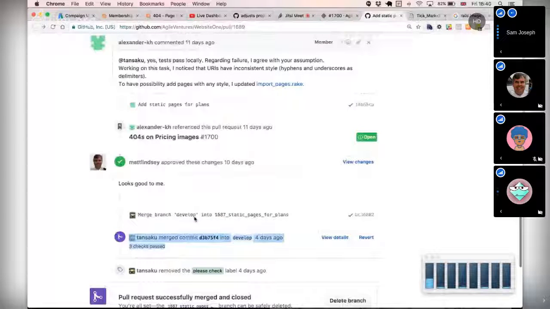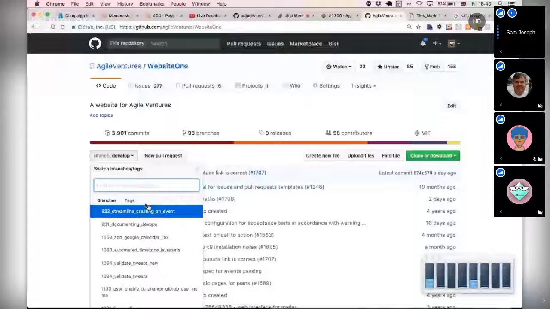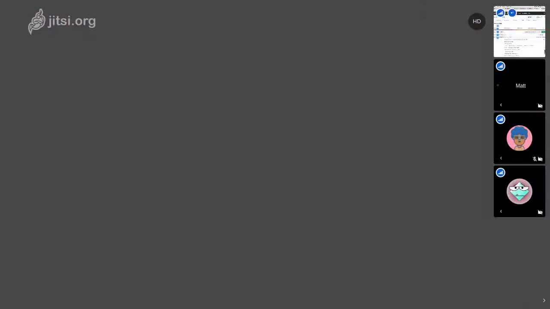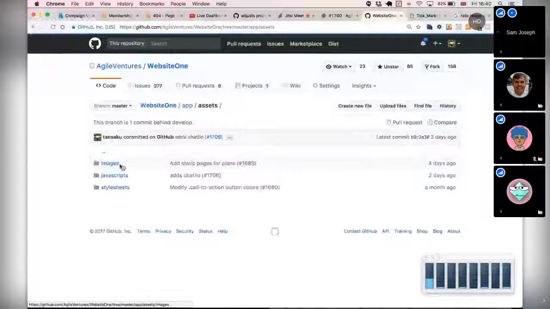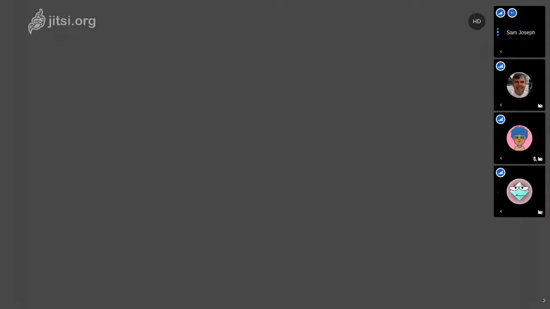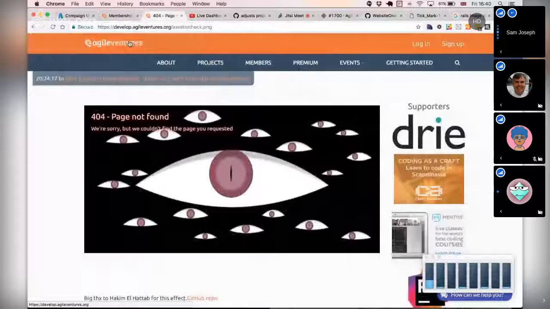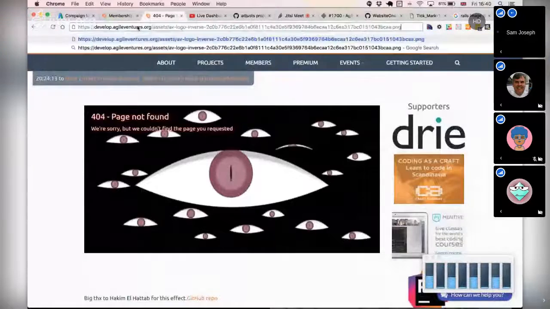Right. It's definitely merged. I think we can even just check, is it present in master? Here's master, app, assets, images, check.png. So it's there. Okay. But I think what Lokesh is saying is correct. See, if I copy the image address for this, see what it's doing? It's adding an ID here to the thing.